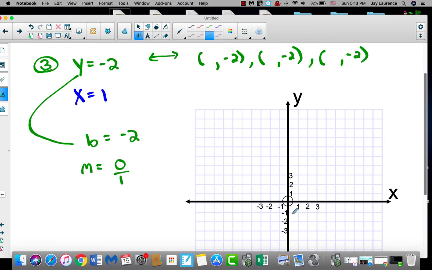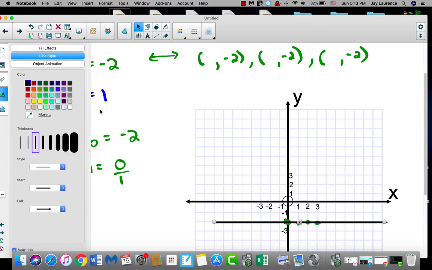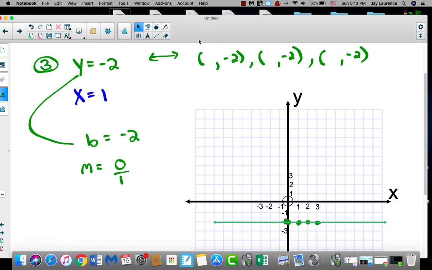So I'll go to -2, rise 0, run 1, rise 0, run 1, rise 0, run 1, and I believe you can see that all those points I just plotted, they all have a y-coordinate of -2. Okay, y equals a number is a horizontal line. Its y-coordinate is that number. There is no exception to that rule. Okay, for the blue one